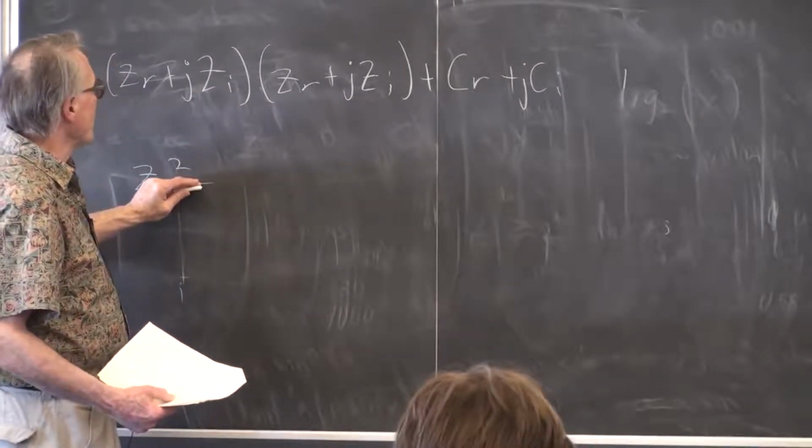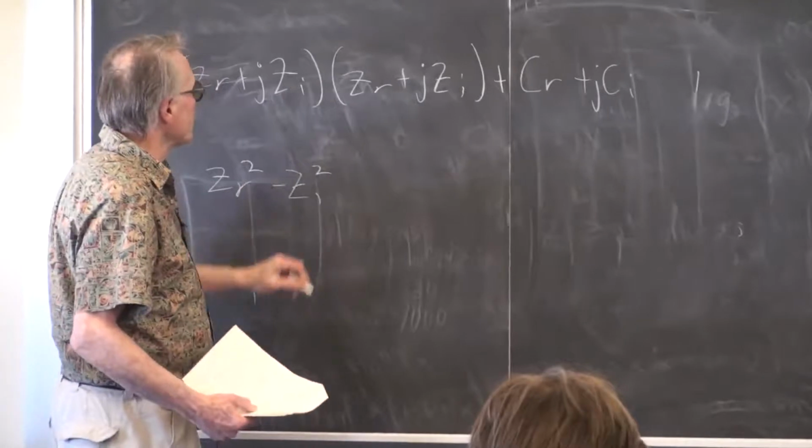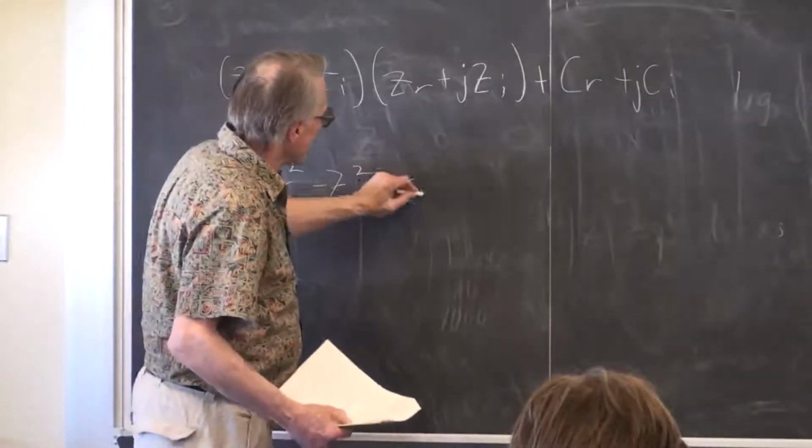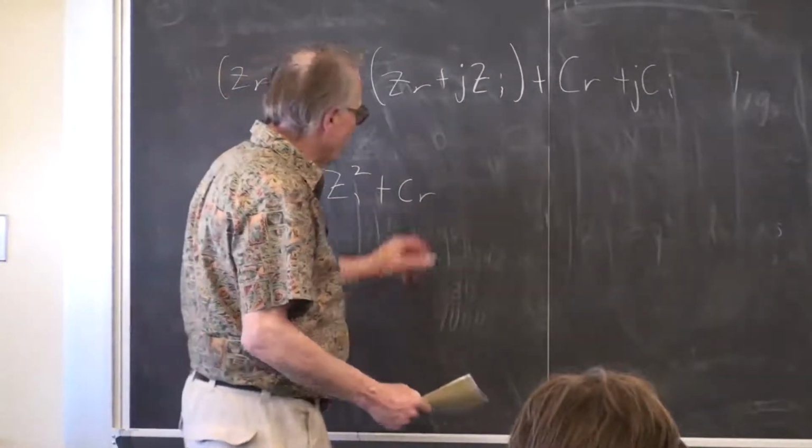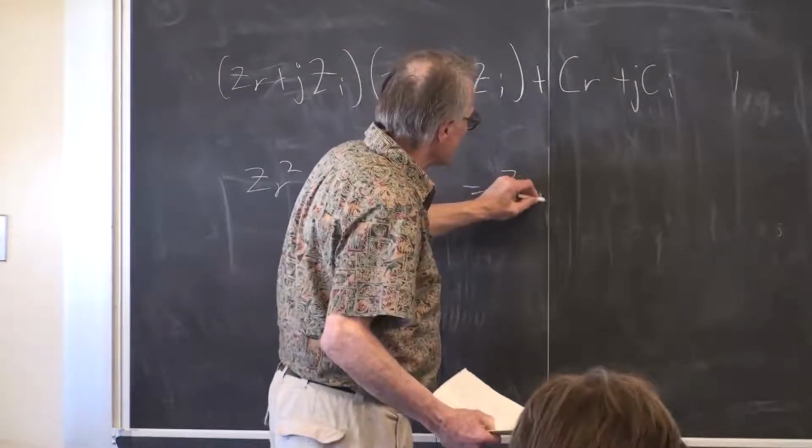J times J is -1 times ZI squared plus C real is going to be equal to Zn plus 1